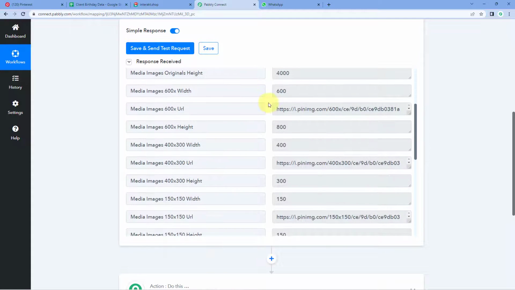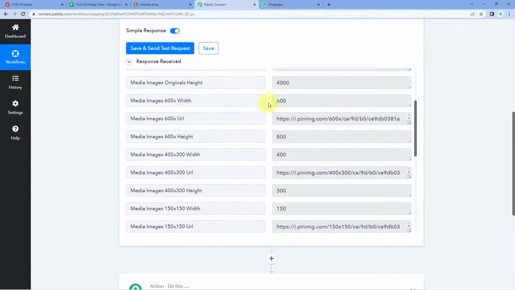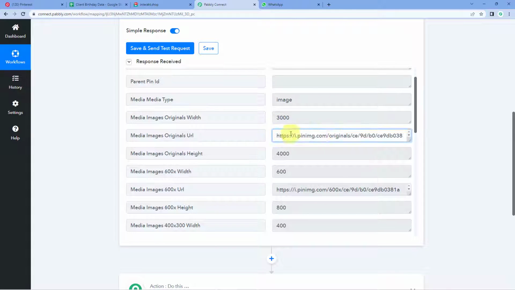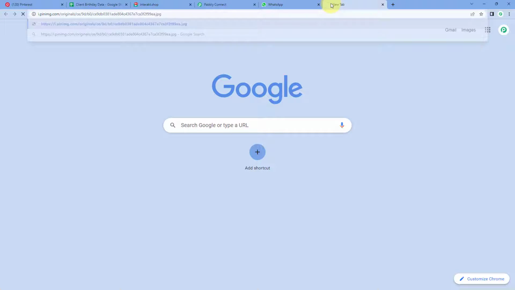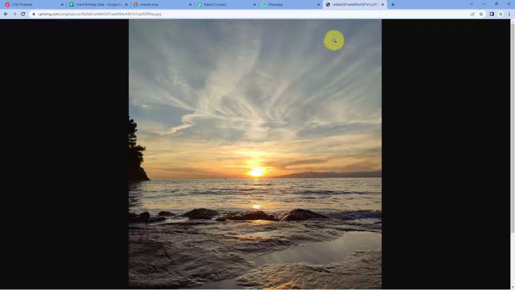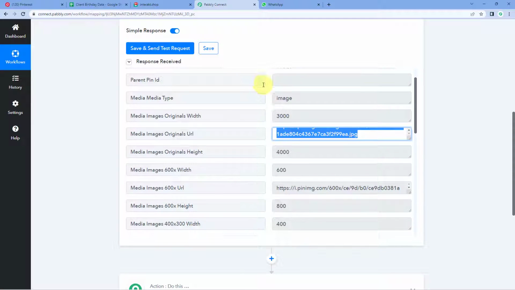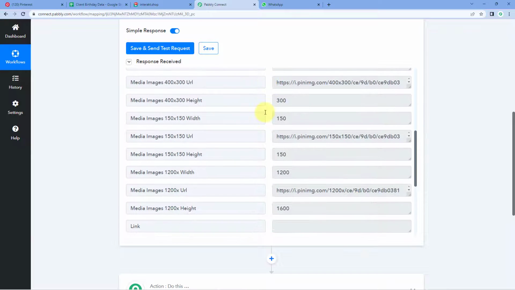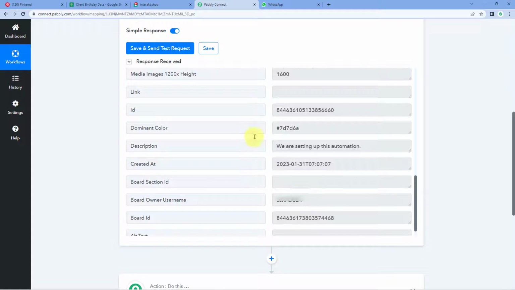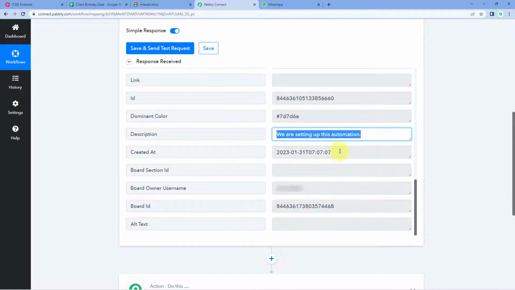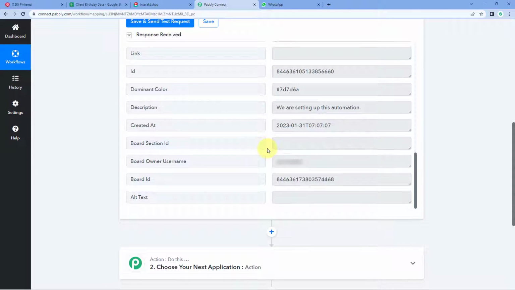Then we'll scroll down and we will see other details as well. Like here you can see the URL, the link of the image which we have posted on Pinterest. Let's copy this link, paste it in a new tab, and here you can see that the same image is open in front of us. Then we will scroll down further and we will see other details regarding this pin. Here you can see the description, the date and time at which it was created,